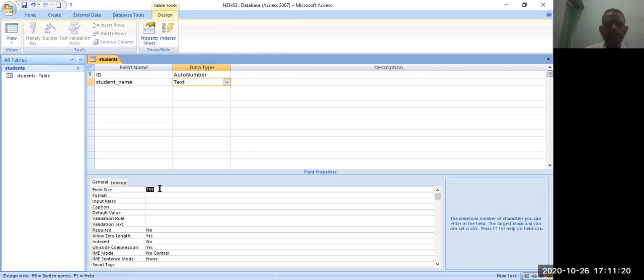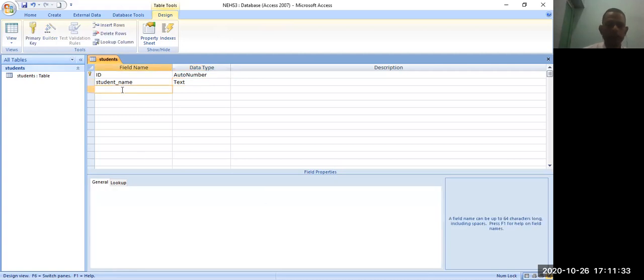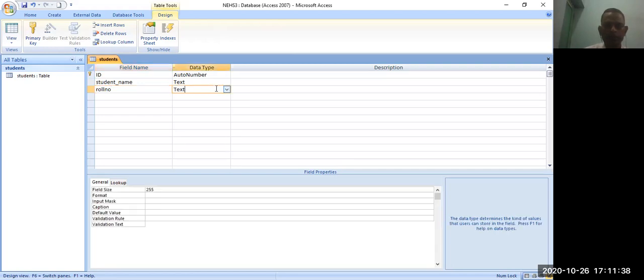So restrict the user from entering more than 30 characters. You can also enter a default value, but we don't require it here for student name. You can select roll number; it should be the number data type.